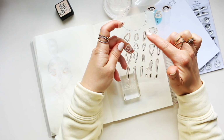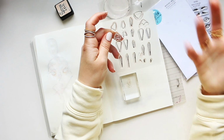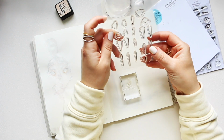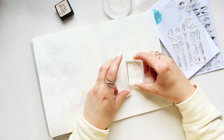If you want the neck to be super long, or why not use one of these bits that can be used as arms, as parts of legs, etc. So you do you. This is the whole fun part of my stamp sets. So here I'm just going to do straight neck,